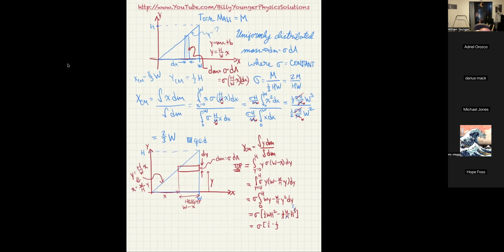That gives you WH squared. So I can just put this as 1/2 minus 1/3 WH squared. Okay. Now, 1/2 minus 1/3, the least common denominator is 6, so that'd be 3/6 minus 2/6, which would be 1/6. So the answer is 1/6 sigma